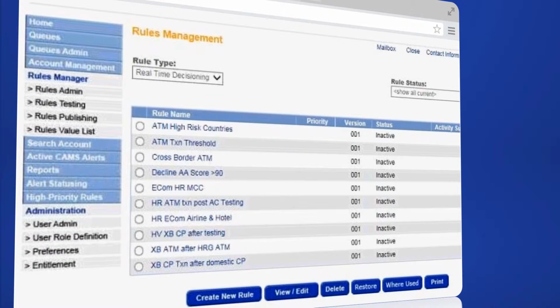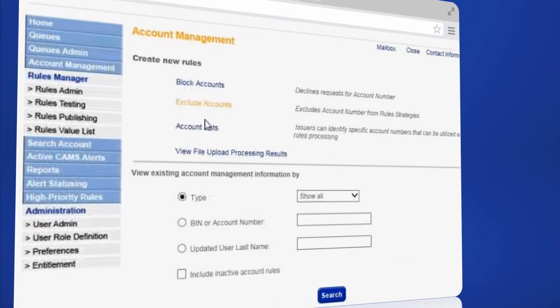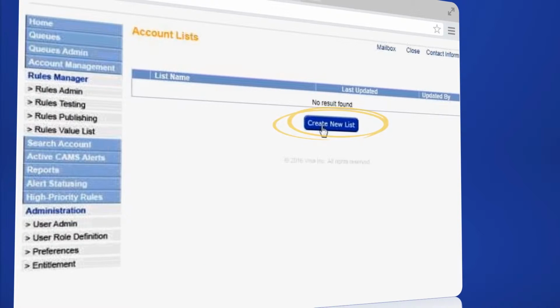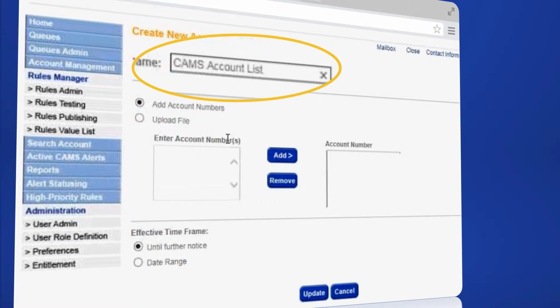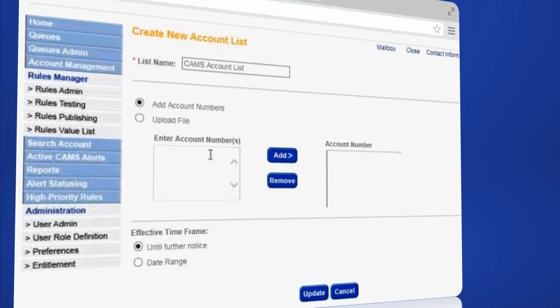To create an account list, click on Account Management. Select Accounts Lists and click on Create New List. Then give this list a name, CEMS Accounts Lists. Next, the account numbers need to be keyed in. This can be completed by either typing within the Enter Account Numbers field or by uploading a file in .txt